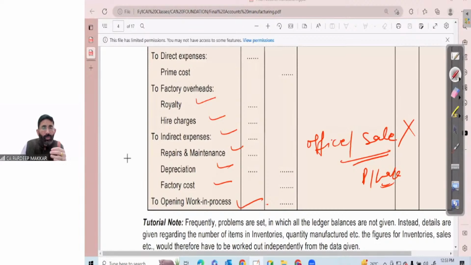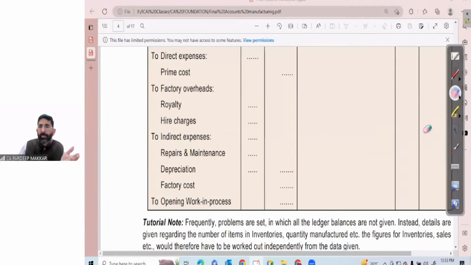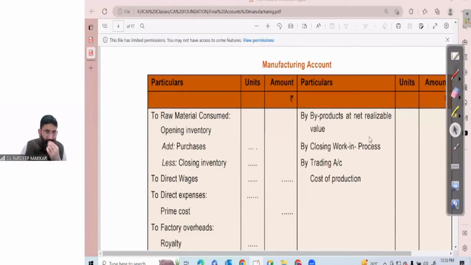This is the opening stock of work in progress. As we all know, opening stock is entered on the debit side, so it is done in the same way. There's no difference at all. But while talking about closing stock of work in progress, we all know that it is entered on the credit side of our account. So by closing work in progress,